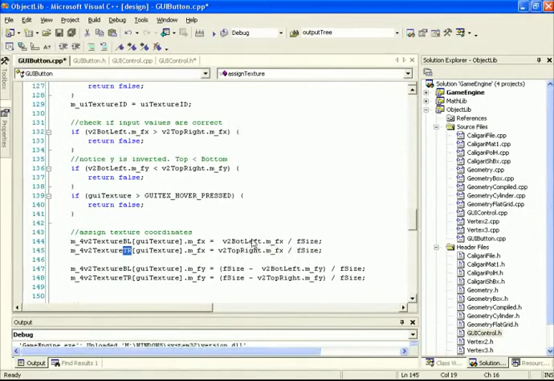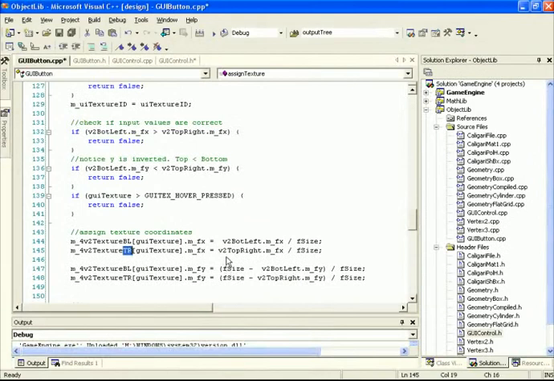This will be a normalized value between 0 and 1 that contains the location of this texture. For the top right, we can take the top right-hand coordinate x and divide it by the size. For the bottom left and the top right y coordinates, we need to take into consideration the flipped y direction. We need to have the texture coordinates be 0, 0 in the bottom left-hand corner rather than the top